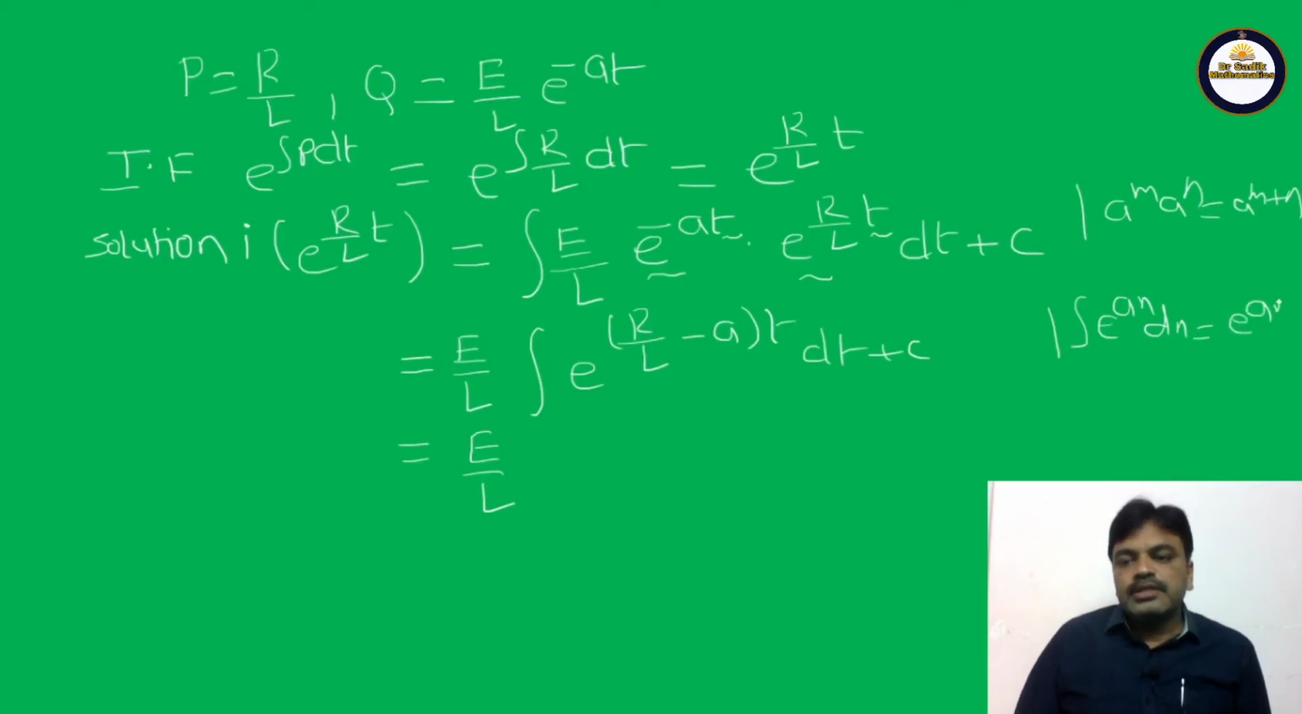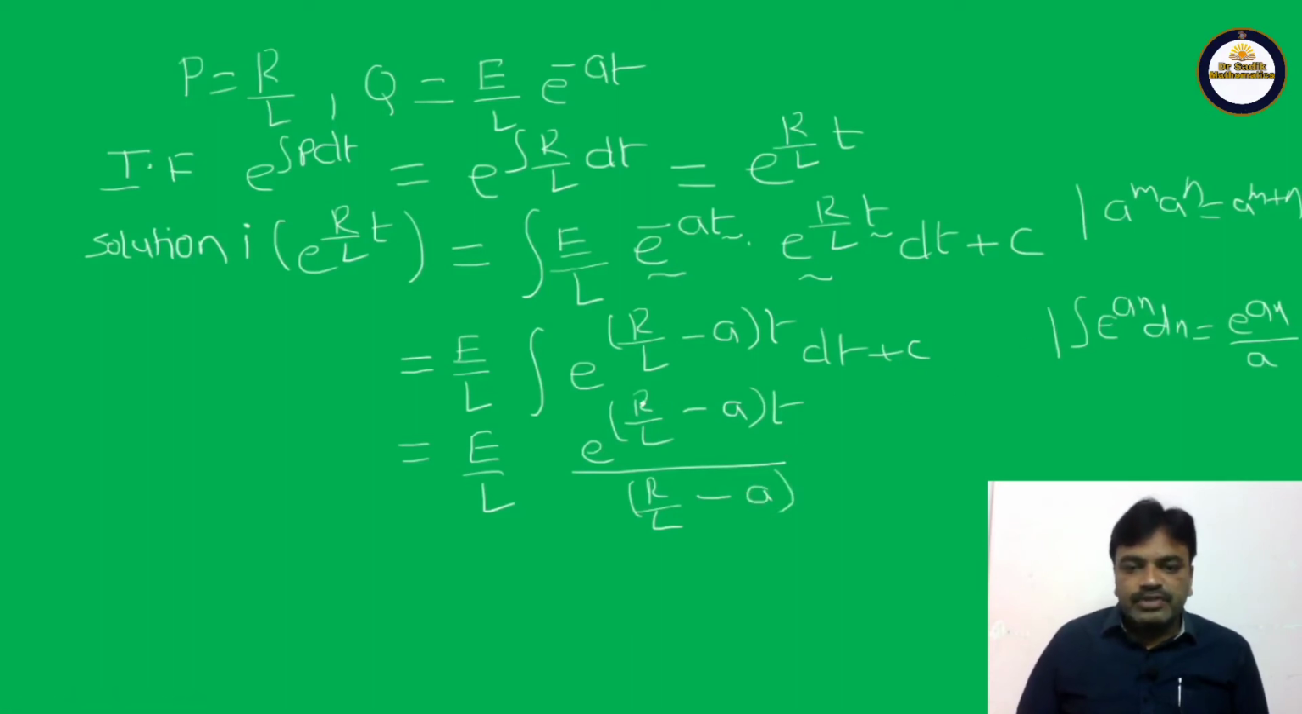E power ax by a. What, friends? E power ax by a. So the integration of e power (r by L minus a) into t, come on, tell me everybody, is e power (r by L minus a) into t divided by r by L minus a. Okay, in place of a we have here r by L minus a, plus c, that is equal to